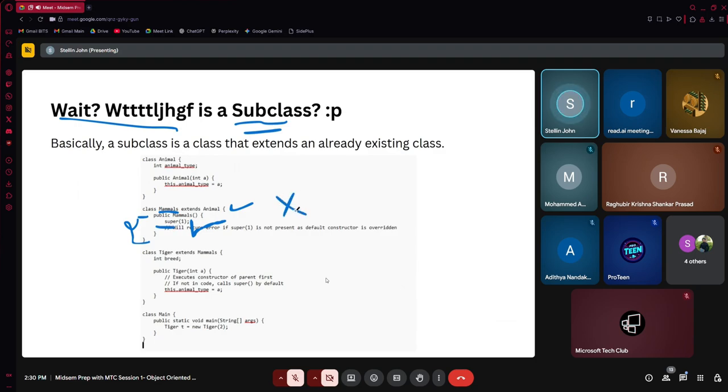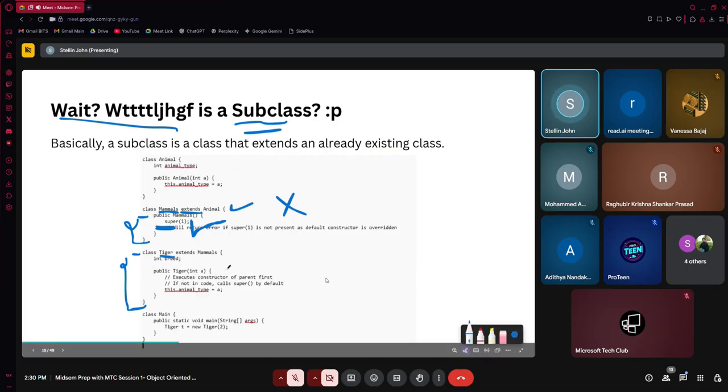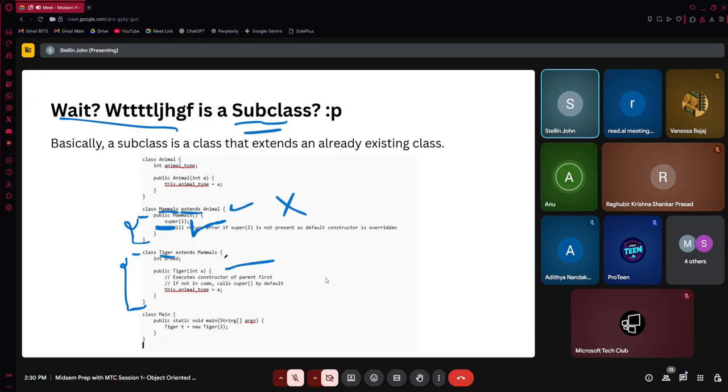So two things you have to take care of while declaring a subclass. You need to write the keyword extends and you need to write the keyword super, right? Same thing I did here again, but with tiger. This time I'm extending mammals to tiger. And then again, I've defined the